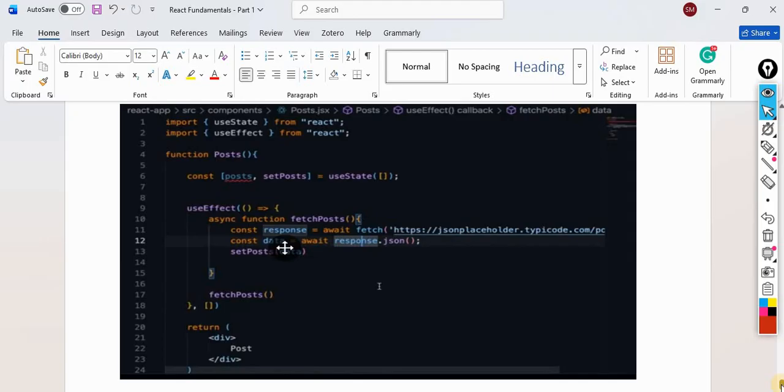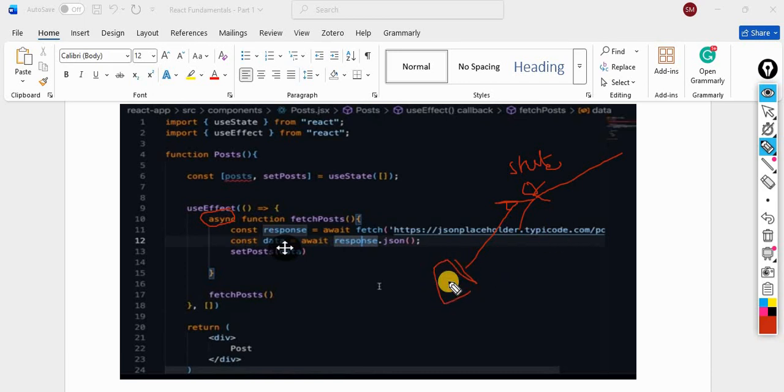So what we did so far, we get the data. The data we are getting is asynchronous. What is asynchronous? Asynchronous means we are waiting for something to happen, and once that happens, we will return to that state. Till then, while this is working, we will do something else. Is this clear?